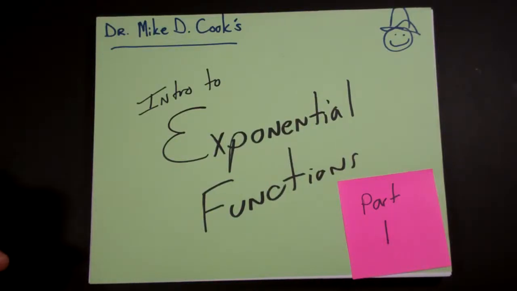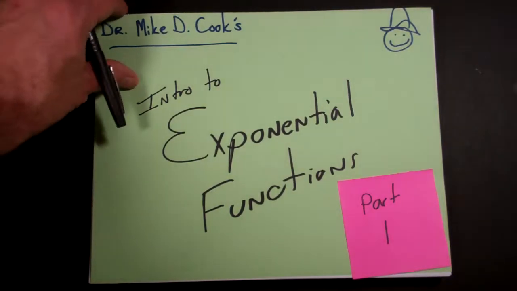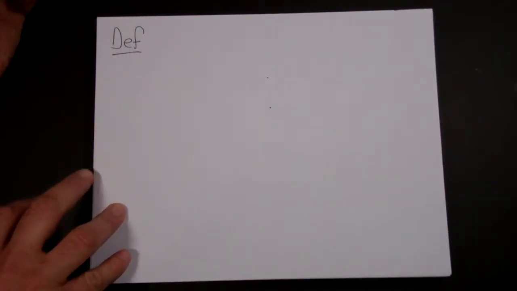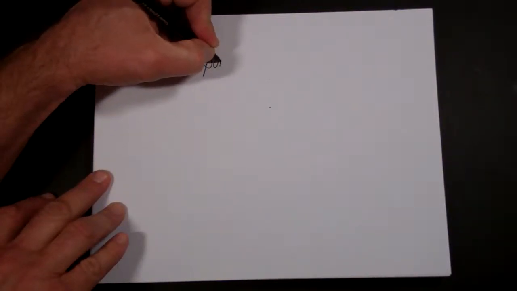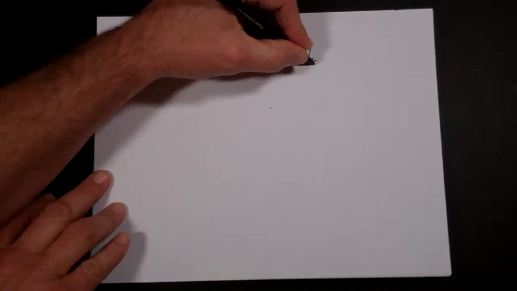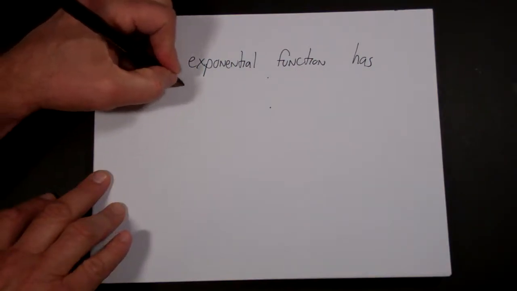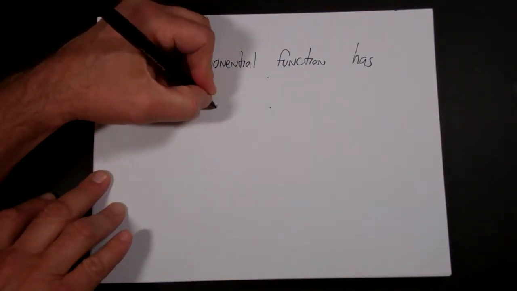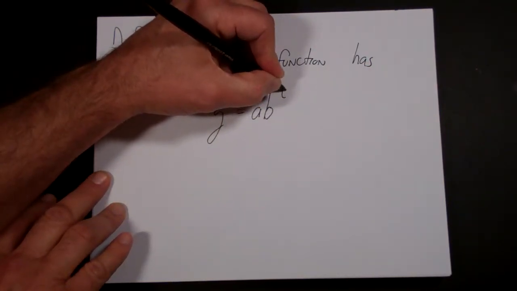This is the first in a series of videos on exponential functions. And first let's look at the definition of an exponential function. So for a definition, let's say that an exponential function has the form y = a times b raised to the x,